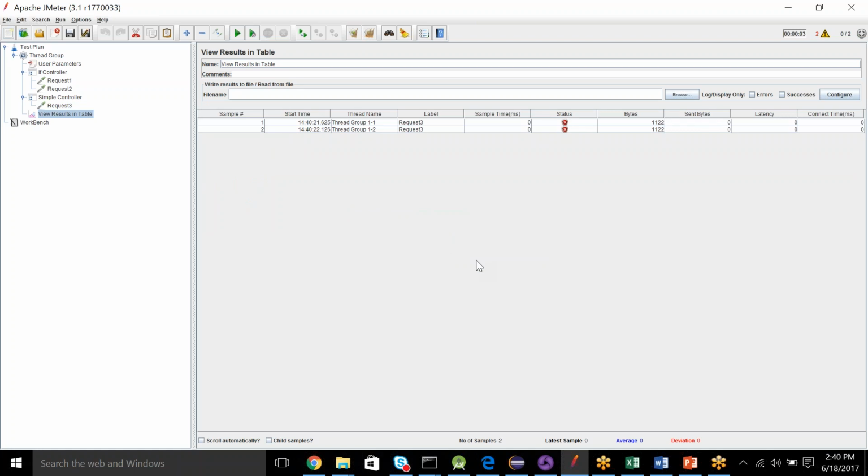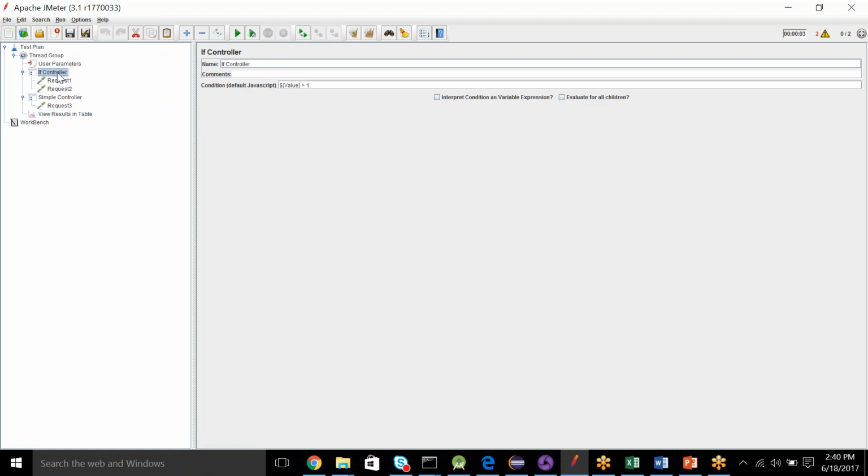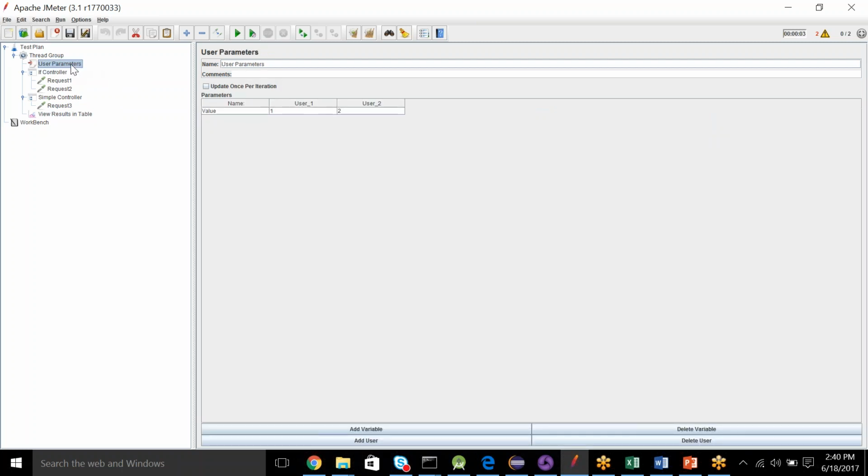So now you see request 3 and request 3. Still requests 1 and 2 are not executed. Value is greater than 1. User parameter value, user 2. Again, it has not got executed because